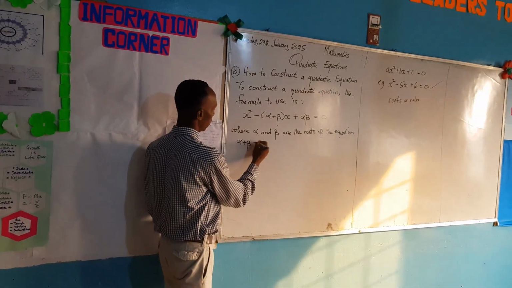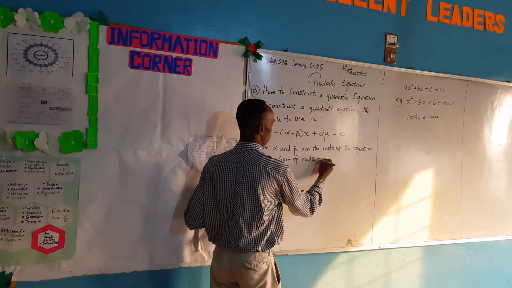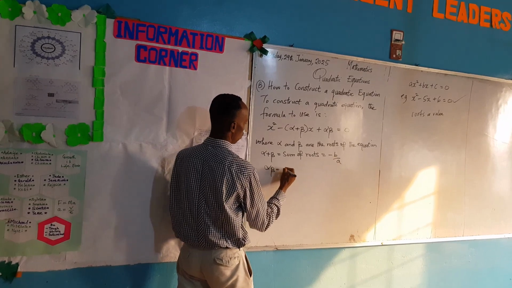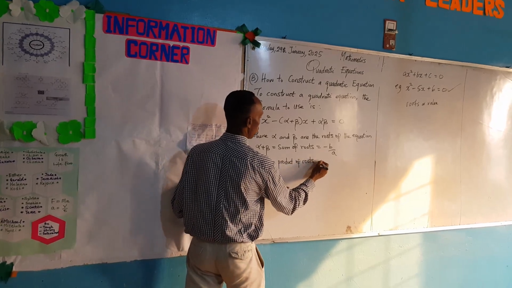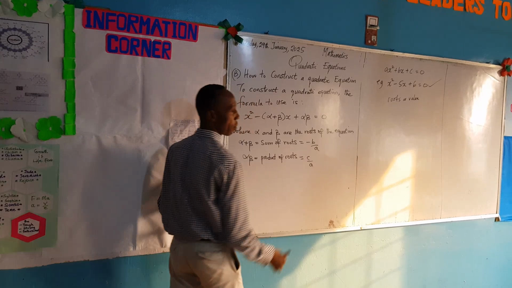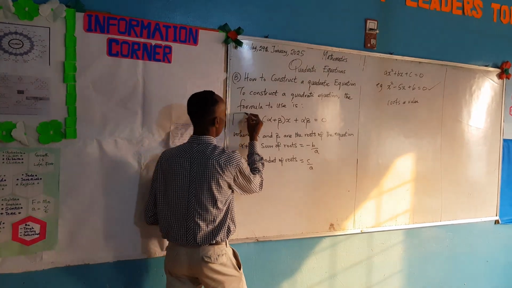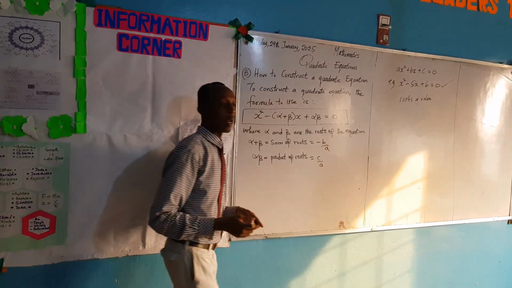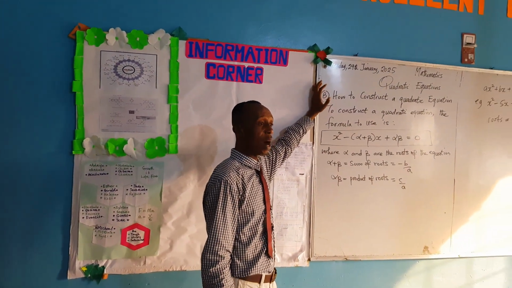Alpha plus beta, the sum of roots, is equal to minus b over a. Alpha beta, the product of roots, is equal to c all over a. Please, I would like you to box this formula. It's a formula that you need to keep in your mind. This formula, whenever you are given the roots of a quadratic